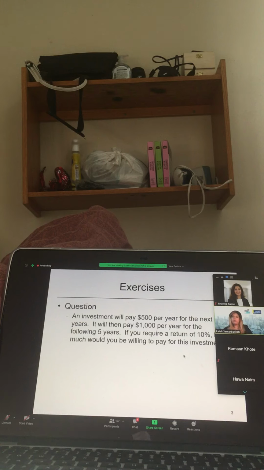So last week, here's what I want to identify because I want you guys to work at them in the next few days before I post the solution. First example from this set of slides, I want you to work at it. This is an annuity problem. We talked about it last week. So you're going to have 2 annuities. The first 5 years, it pays 500. The second 5 years, it pays 1,000, right? Because of that, you're going to draw 2 annuities for me. Annuity 1, annuity 2, and you're going to find the present value, okay?